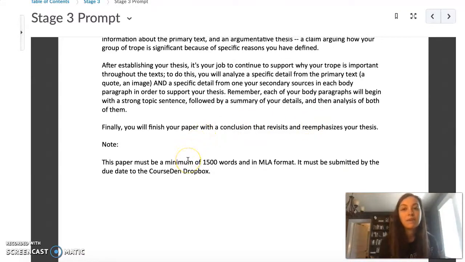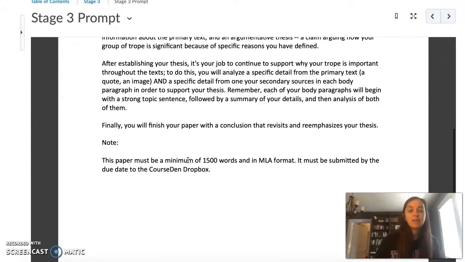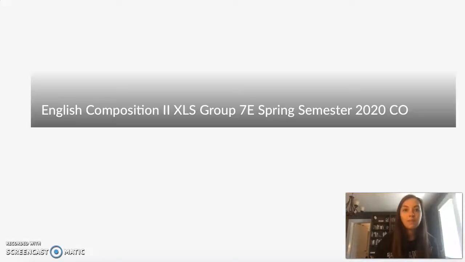The final paper must be 1,500 words, which is shorter than I had originally planned. I think 1,500 words is something like 5-ish pages. I think originally it was supposed to be 7 to 9. But you're looking at, I think, roughly about 5 pages if it's 1,500 words. It has to be MLA format, has to be submitted to the Dropbox by the due date. So now that you see that, you're going to be able to understand a little bit more what is going on with the assignment. So I'm going to switch to